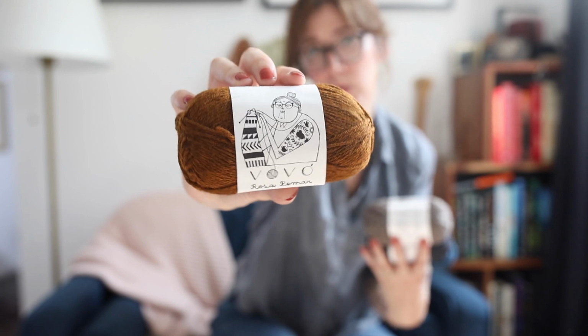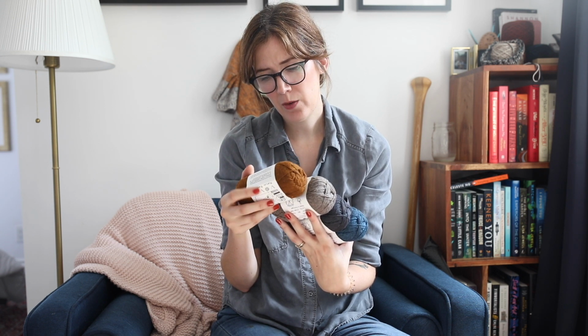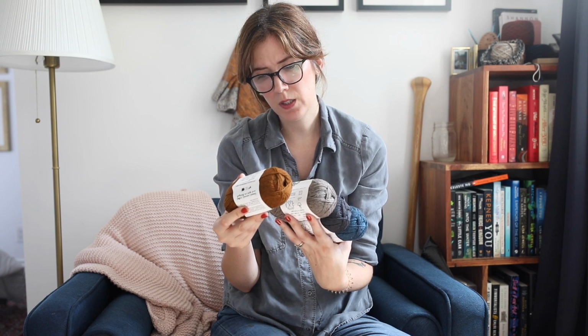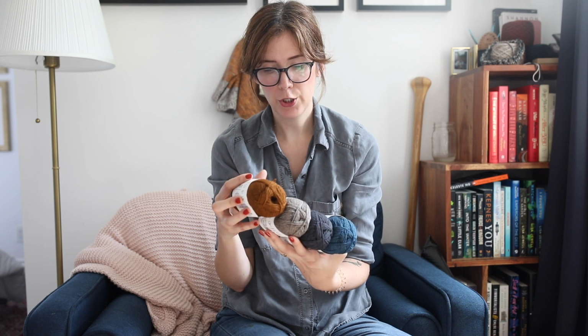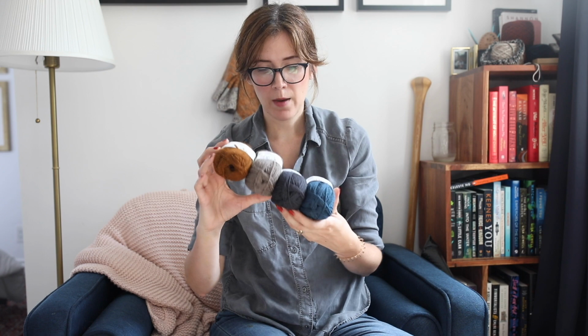I don't know. So this is a sport weight. So I'm thinking that because it's a kid's sweater, I'm gonna hold it double to make it a worsted weight. And I feel like with 4 balls, I should have more than enough. They're each 156 yards. But I'm gonna do the Frankie sweater, which was designed by Gabby of